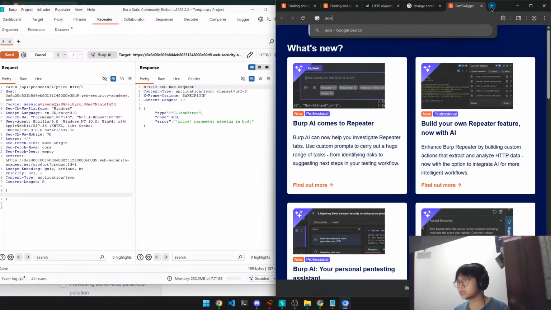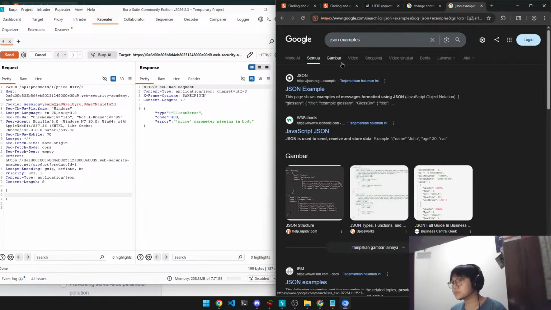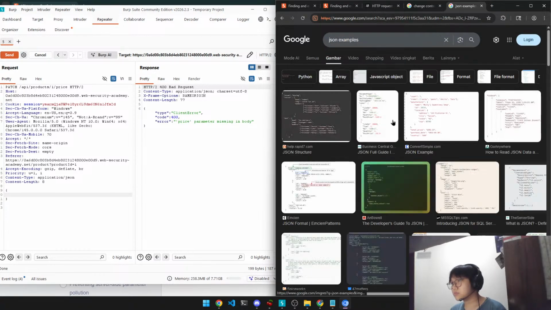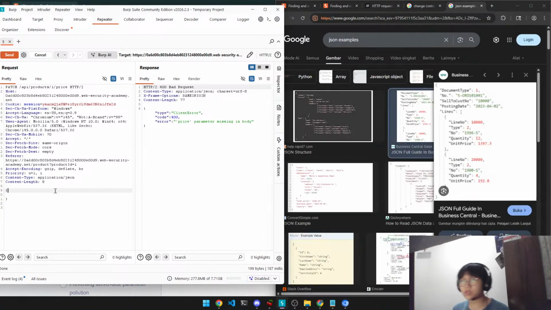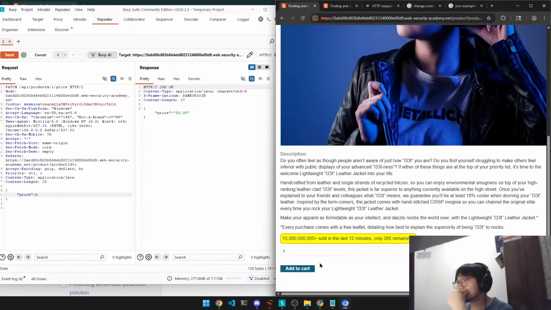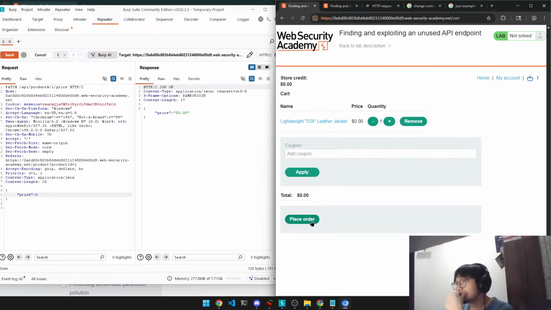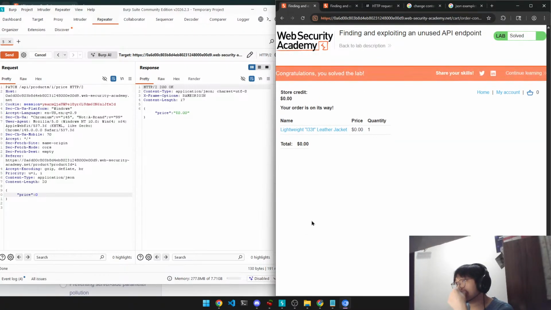So wait, let me see these examples. Yeah, it's correct. Price, let's set it to 0. There we did it. Let's see. Nice. Let's add it to cart. Then pay. Oh yeah,